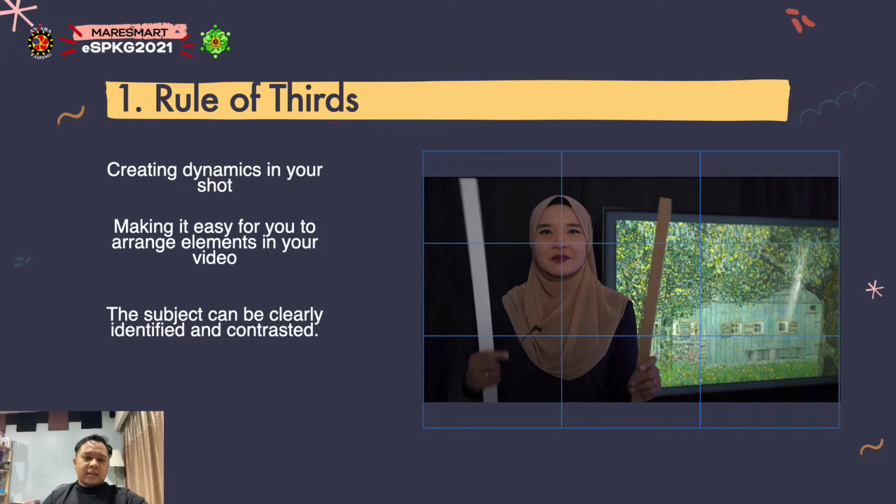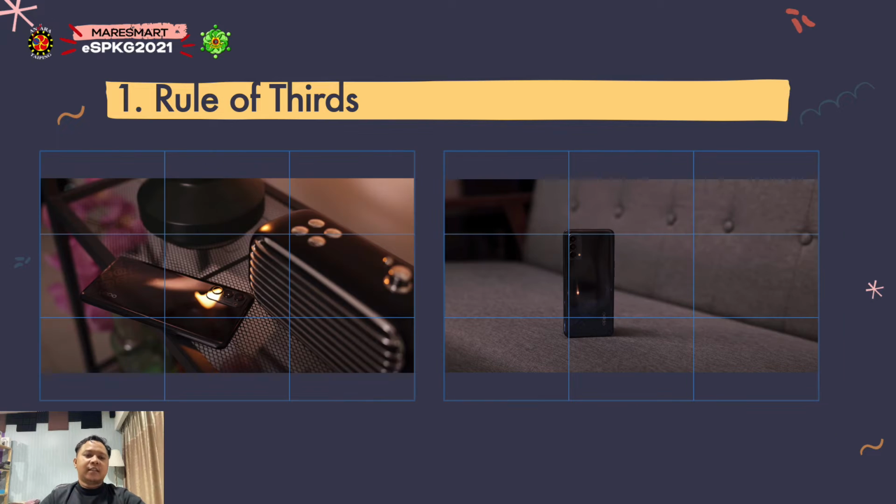Contrary to popular style, right now I'm in the center of the frame, but she is not in the center, because she is showing the frame of the television. That's why her face is on the left side and the frame is on the right side. So it also gives the eye rest.